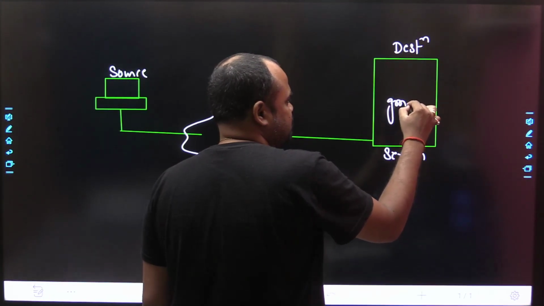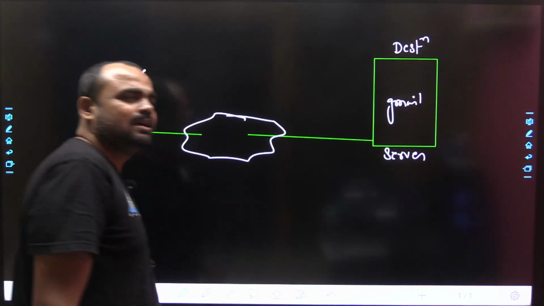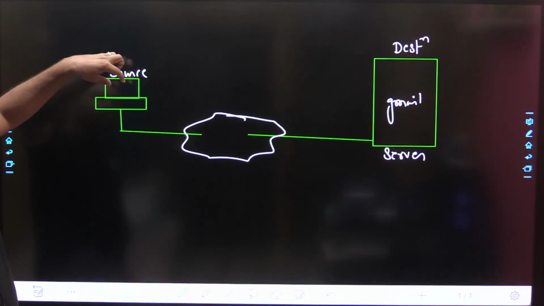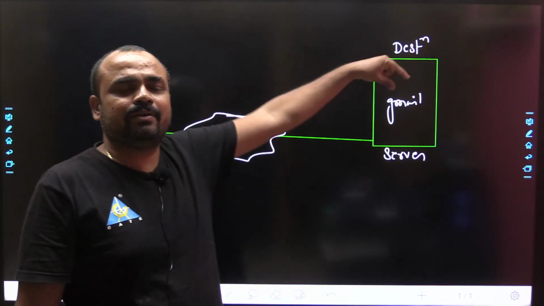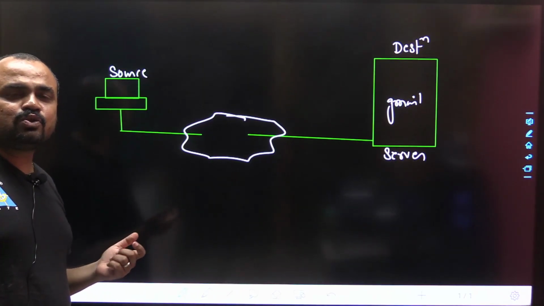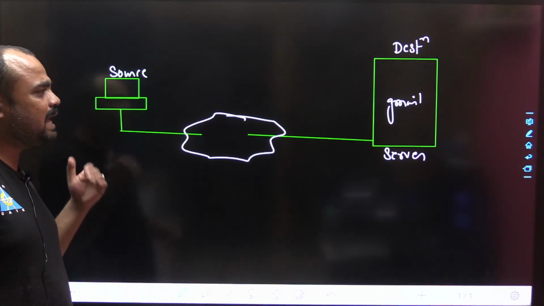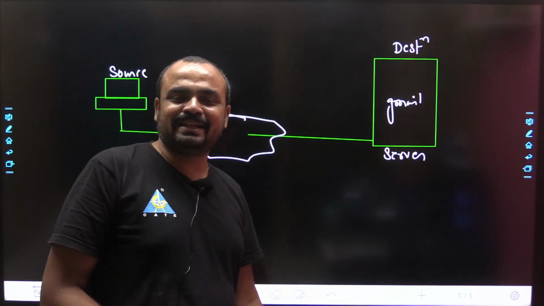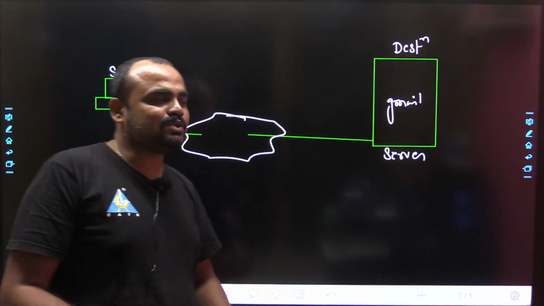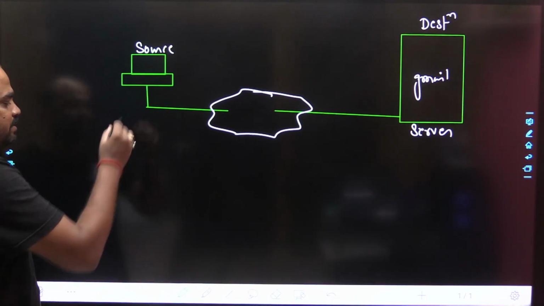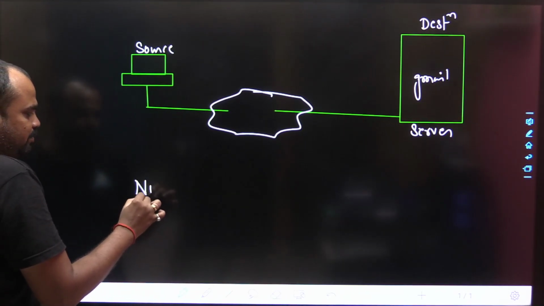You can consider any kind of server. Suppose this is the Gmail server. Now if this particular host wishes to communicate with this server, definitely it will require the IP address. So with the help of IP address, what will happen? The packet will get delivered to the final destination. Yes or no? Just imagine a situation. Please note it down: